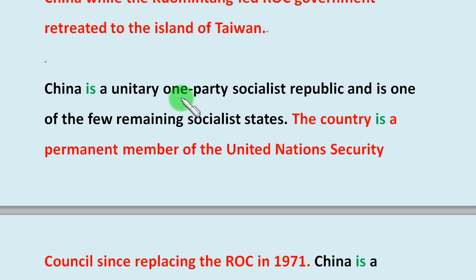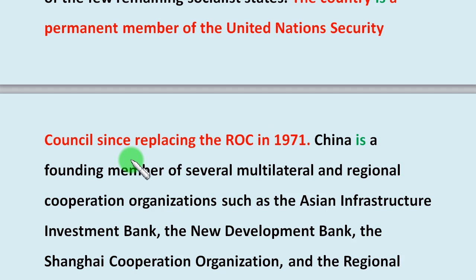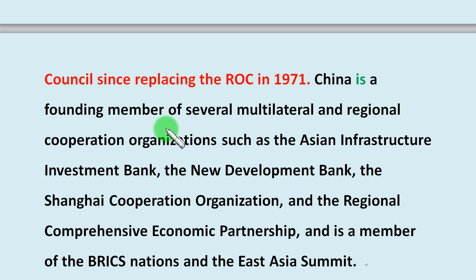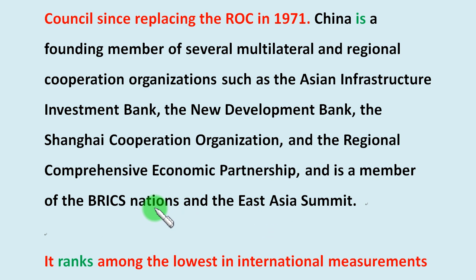China is a unitary one-party socialist republic and is one of the few remaining socialist states. The country is a permanent member of the United Nations Security Council since replacing the ROC in 1971. China is a founding member of several multilateral and regional cooperation organizations such as Asian Infrastructure Investment Bank, the New Development Bank, the Shanghai Cooperation Organization, and the Regional Comprehensive Economic Partnership, and is a member of BRICS nations and